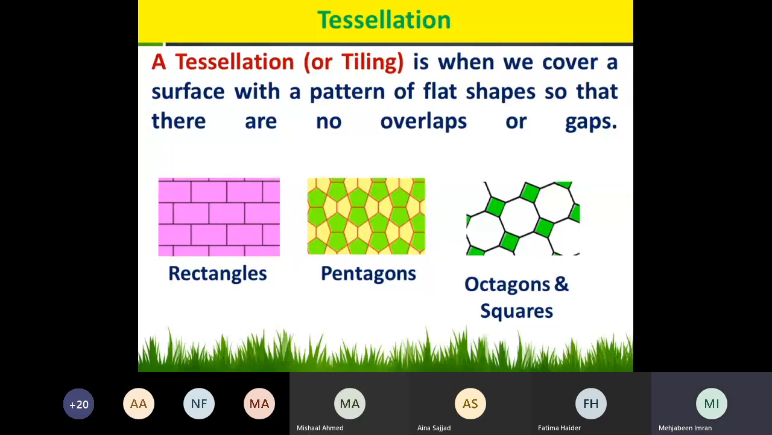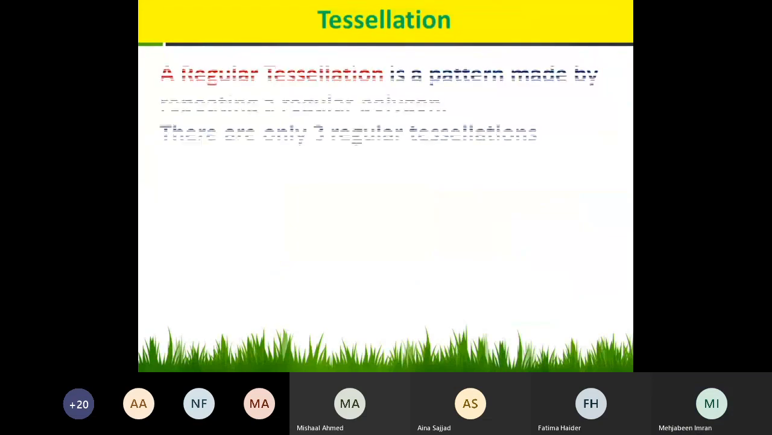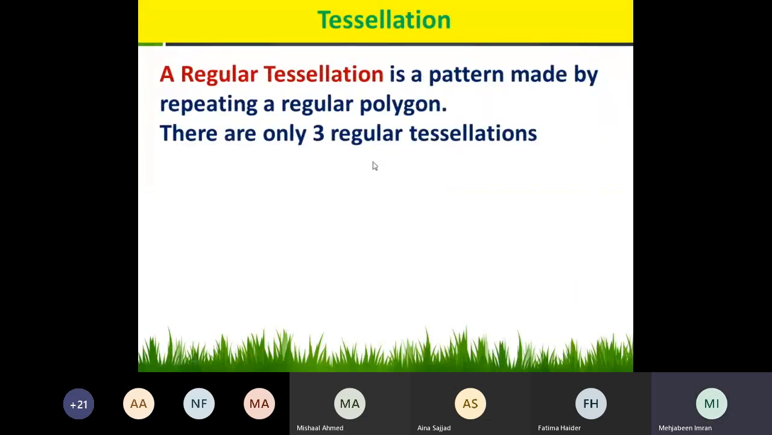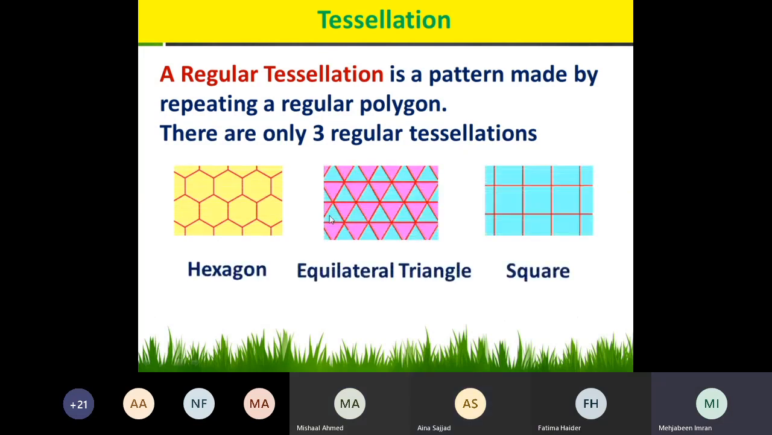Okay, simple definition: a design or pattern made by using regular polygons, leaving no gaps. Regular polygon, I was asking you which are the three shapes which can tessellate leaving no gaps. Yesterday I told you: triangle, hexagon, and square. Yes, very good. The three regular tessellations are made by three regular polygons. Hexagon, you can see that all are hexagons